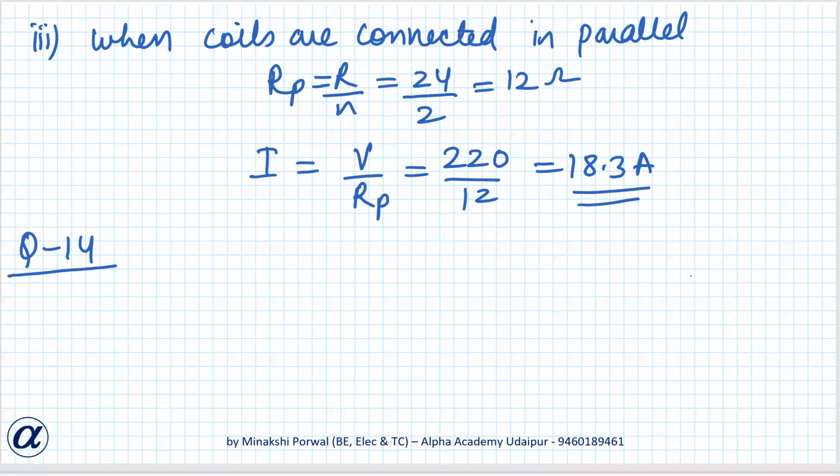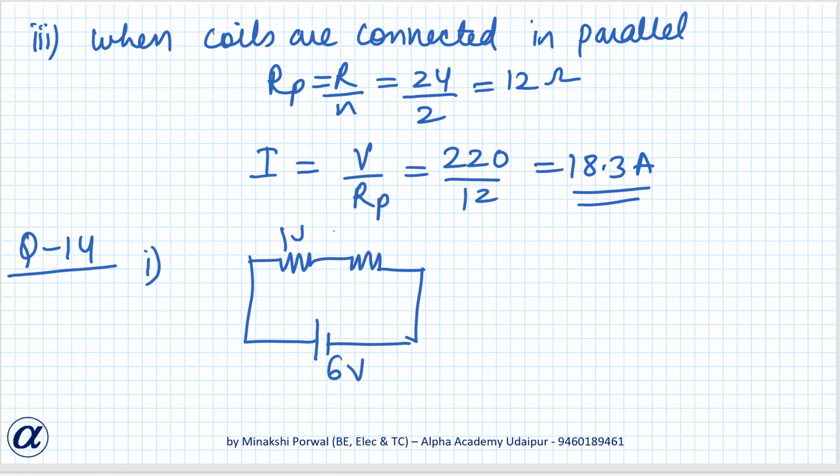Compare the power used in the 2 ohm resistor in each of the following circuits. A 6 volt battery connected with 1 and 2 ohm resistors, and a 4 volt battery in parallel with 12 and 2 ohm resistors. So basically, we have to find the power used. A 6 volt battery is there. It is connected in series with 1 ohm and 2 ohm resistance. This is 6 volt, this is 1 ohm, and this is 2 ohm.